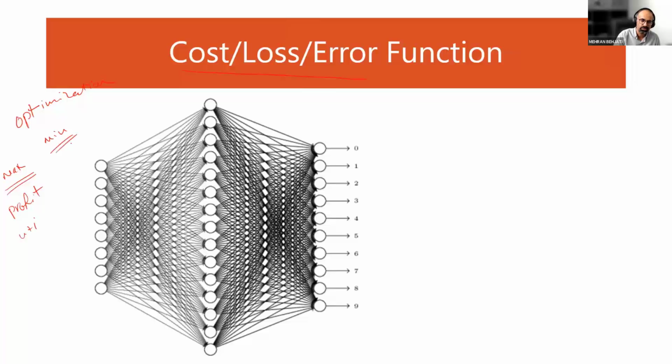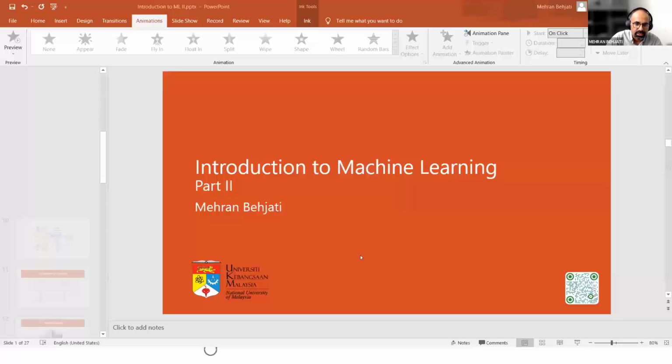If we want to do minimization, we call it a cost function, error function, or loss function. In our daily life, we are all trying to minimize our costs and maximize our profit. So the terms are similar to optimization, because in the end we want to reduce the error in our system. For this purpose, we need to use a function, which is called the cost function or loss function. So let's look at, let me move to